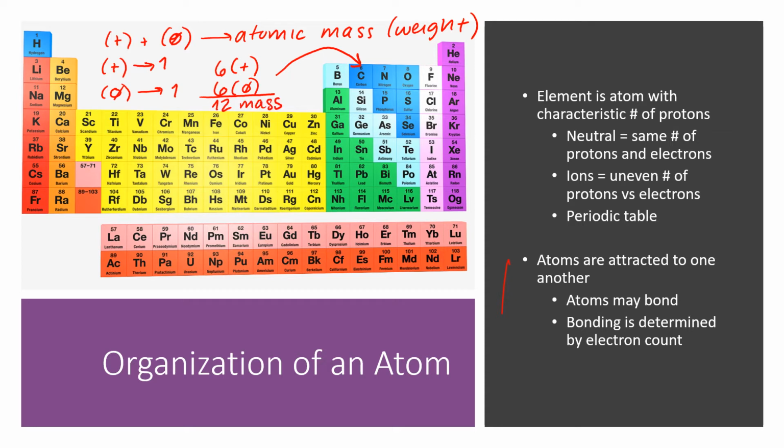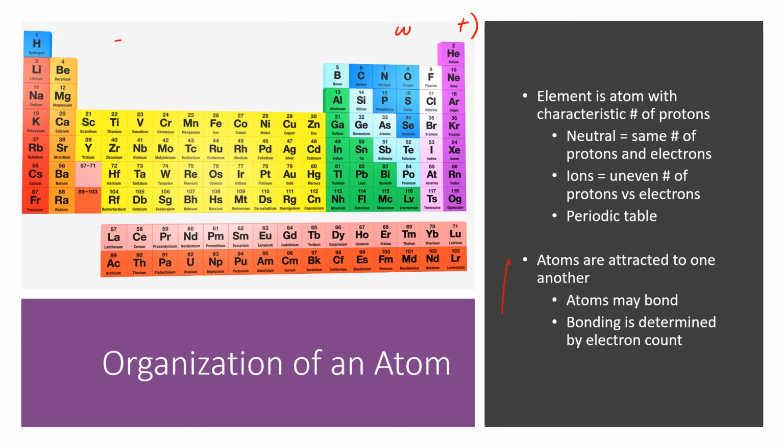Its mass is roughly 12. If you look at the periodic table that has the masses on it, it's really going to be like 12 point something, a very, very small additional amount. That takes into account the fact that neutrons don't have a mass of exactly 1, and electrons do have a little bit of mass. But roughly, more or less, you can take the number of protons and neutrons to find out what the mass is. If you have an atom, let's stick with a carbon atom, but you have an isotope